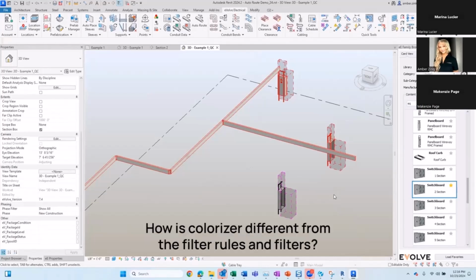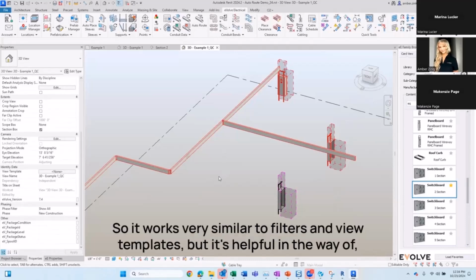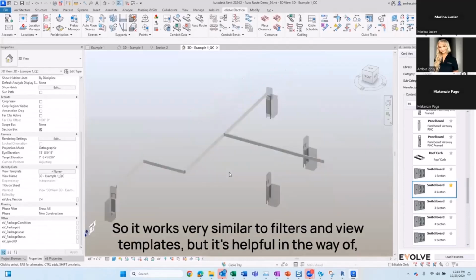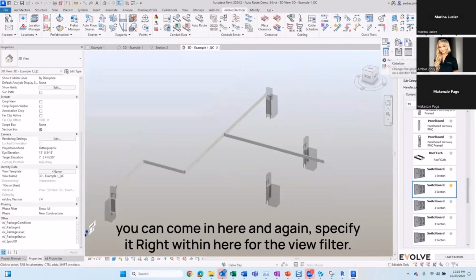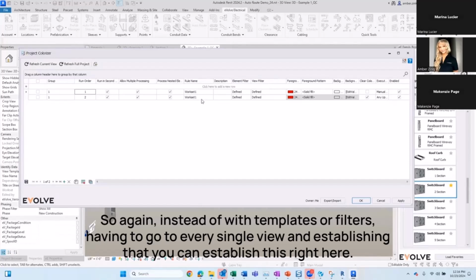Yes, so great question. How is Colorizer different from the filter rules and filters? A great question. So it works very similar to filters and view templates, but it's helpful in the way of you can come in here and again specify it right within here for the view filter. So again, instead of with templates or filters having to go to every single view and establishing that,